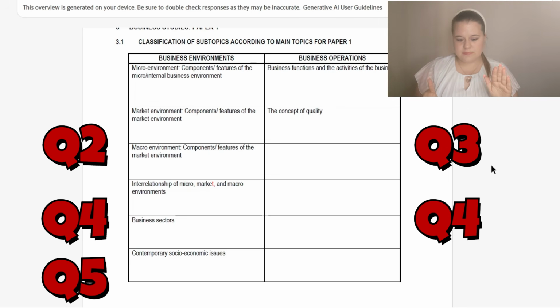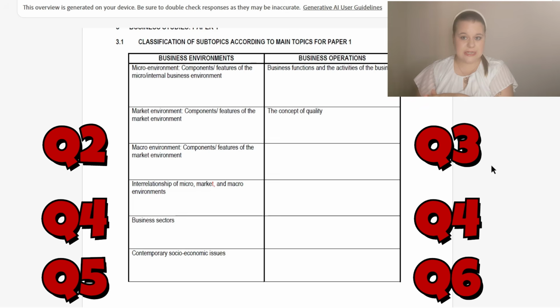But remember, some of these chapters are very short. So can they combine them? Of course they can combine them. So they may have an essay of micro, macro, and market as one essay. Okay? My take on this, and please, I need to put a disclaimer, this is only my opinion. They might do a combination of those 3 environments, micro, macro, market, or the essay could be socioeconomic issues. Okay? I've just seen it in past videos and in past papers that seems to be a trend.